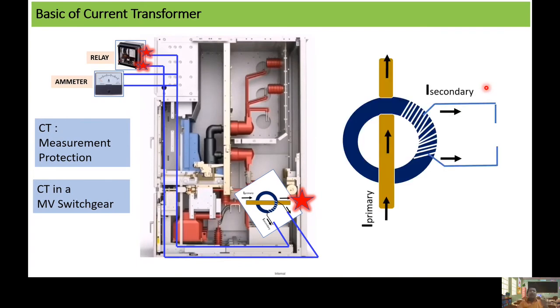Another point which I would like to share with you, since we are talking about the basics of current transformers, is that the secondary side of the current transformer should not be kept open, and if it is open, then it has to be shorted with the help of a shorting link or a jumper. This is because once the current reduces on the secondary side, the voltage increases drastically, and these voltages can be harmful and dangerous, and therefore shorting is very important on the secondary side of the CT if there is no load connected.